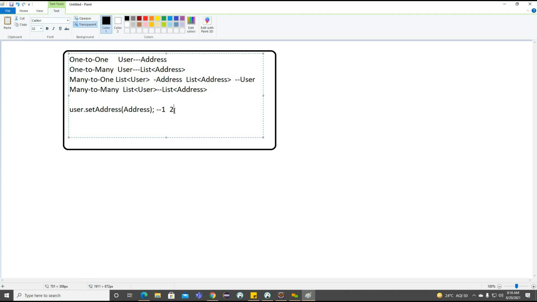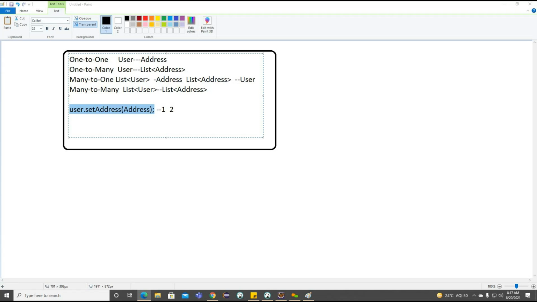But if you see, using this particular association, whenever we are trying to update one side of the operation, if I'm trying to update from the user level, it needs to be updated from the address level. Then only we are going to have the association perfectly. And whenever I'm trying to work with any table, we can easily communicate in both directions. So we can work on bi-directional operations instead of unidirectional ones, right? So we'll see how we can work on this particular association to get the bi-directional operations here.